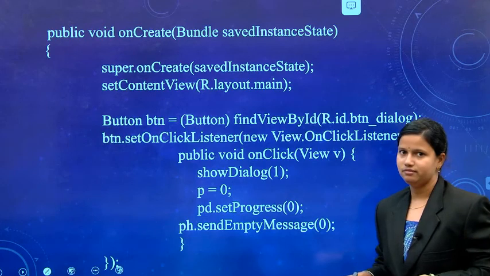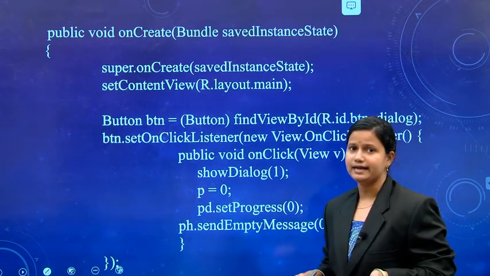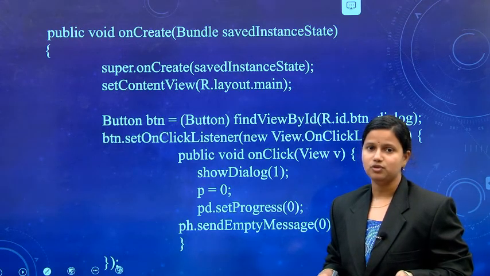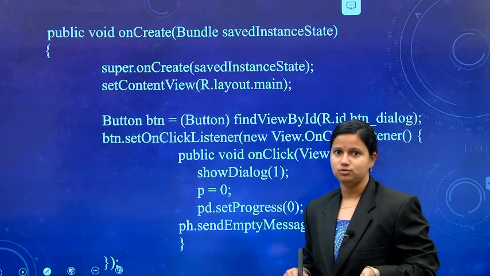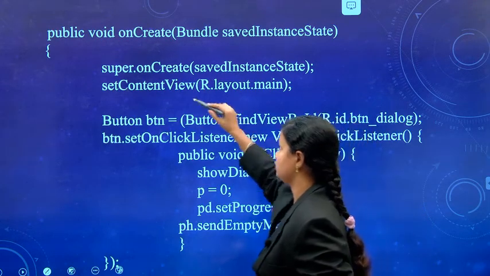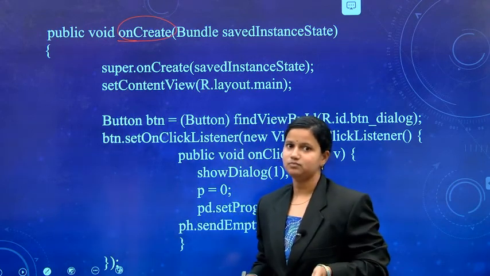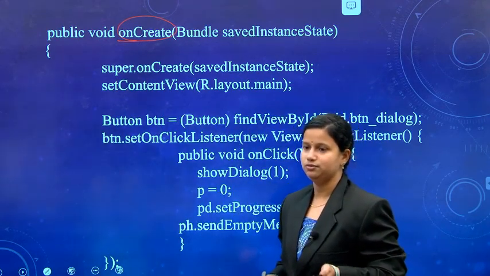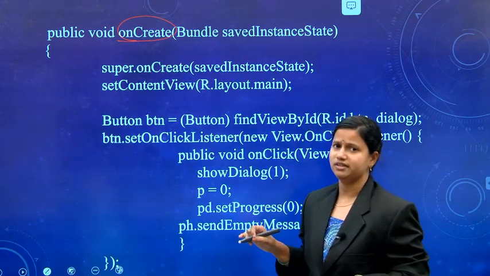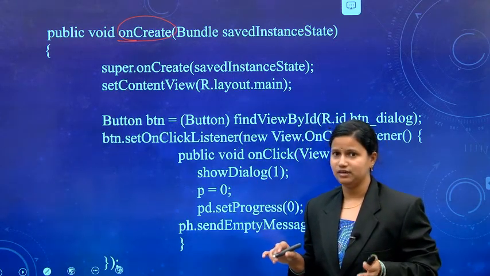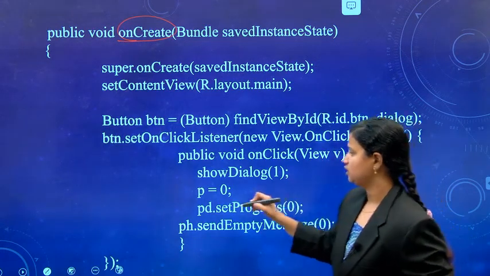Next, after the main, you are having different activity methods. From those different activity methods, we are having the onCreate method. What is the use of this onCreate method? It will launch your activity. The main use of the onCreate method is that it will launch the activity. What are the different methods in the activity life cycle?